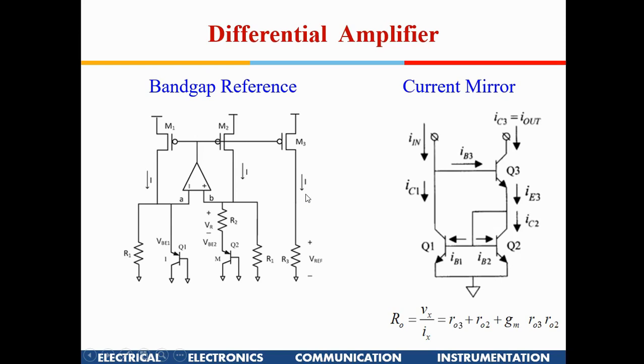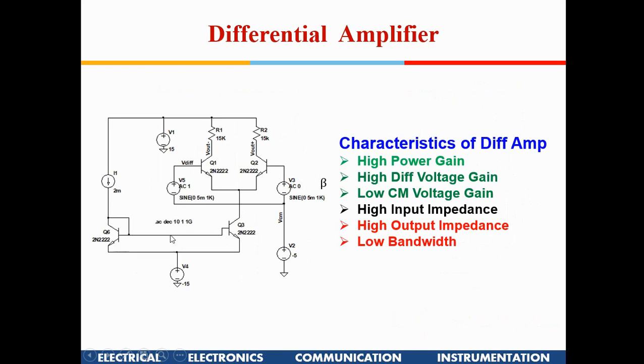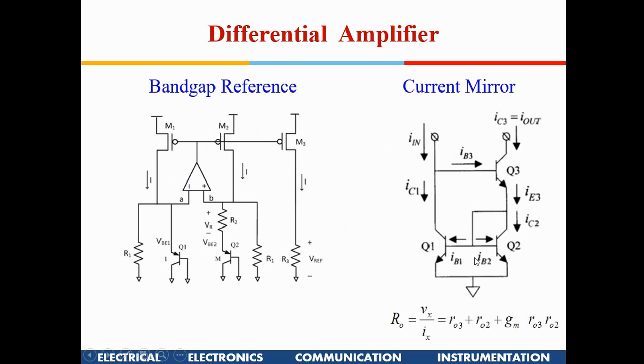Signal, biasing currents. This is V reference, the reference voltage, and this is the reference current. You can generate this, and this is the current mirror. Here we have used one transistor, a simple current mirror. This is a cascode current mirror, made up of three transistors. The advantage of these current mirrors is that they have huge output resistance. When you look from the top, the output resistance is R02 plus R03 plus gm R0. So it is not just an addition of R02 plus R03, but there is a factor of R0.